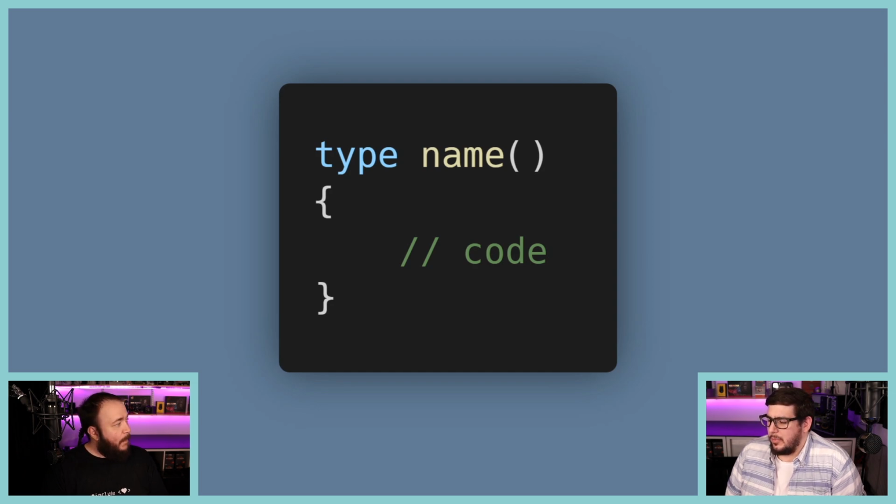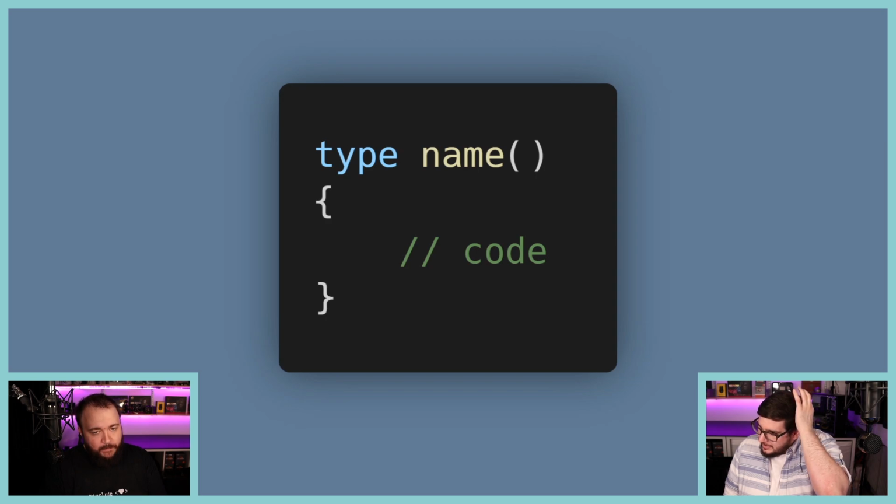So it can't be... What's an example of one we did in Processing? What do you mean? Would it be like add? Add? Add is a function? Add is a function, yes. Okay. And we're going to create a few of them. You can create functions? Yes, you can make your own. And we're going to be doing that.